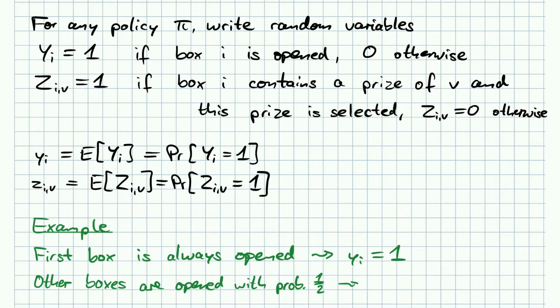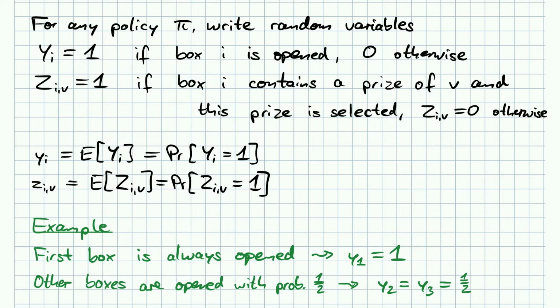This now, of course, depends on what we see inside the first box. So we would have that y_2 and y_3 are equal to a half each. Of course, there is some correlation here, namely that if capital Y_2 is 1, then capital Y_3 is 0, and vice versa. This is not reflected at all when I'm now stating this regarding the probabilities.